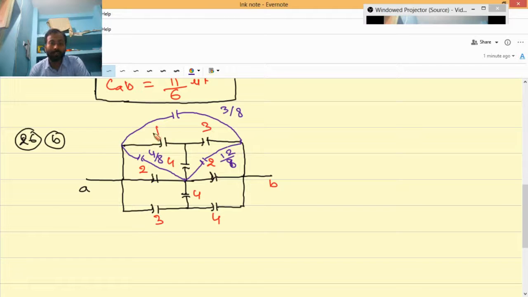Now let me just erase these three terms so that you will not have any confusion, because otherwise some numbers may confuse you. So now we are not required this 1, 3 and 4 value. So we will just erase these terms. We are only bothered with the blue color, not with the red colors. Okay, so we will just change the red color terms into the blue color terms so that it will be a bit easier to understand. Now see, again these two branches we will not do anything, only this T branch will be converted again to a pi network.